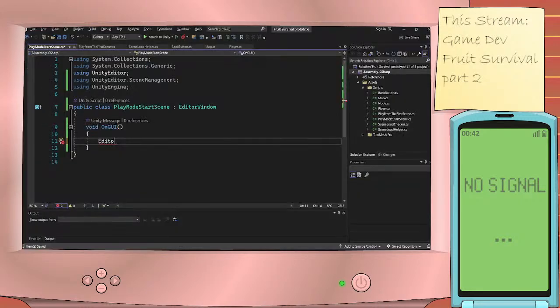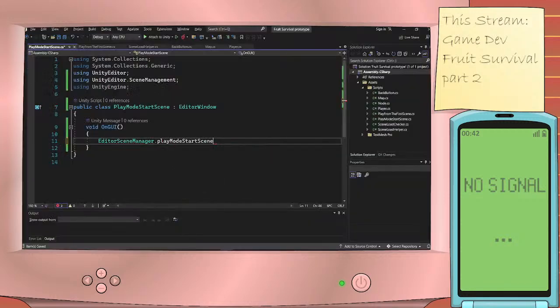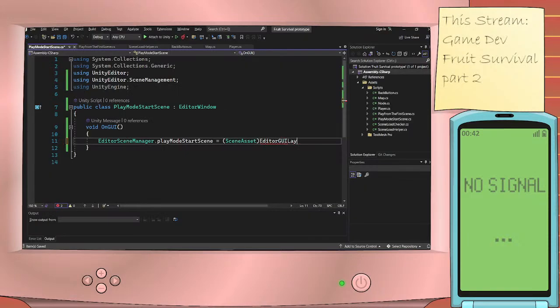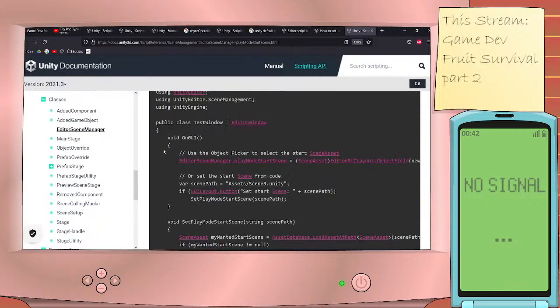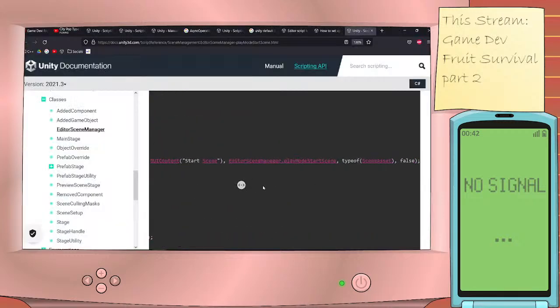So editor scene manager dot play mode start scene will be equal to scene asset for editor GUI layout or something dot object field, and this, oh that's a lot, object field, and you have